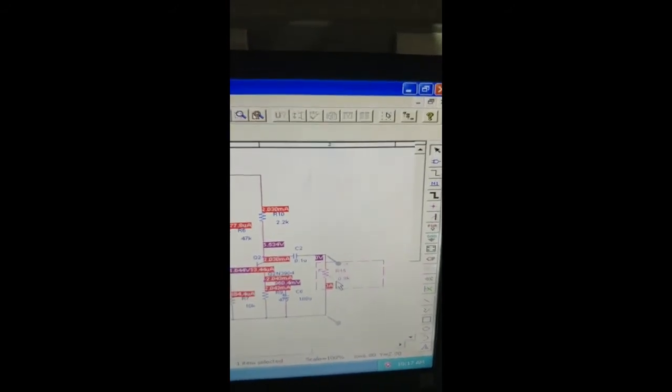So you see here that the value is changed to 0.8K. Okay, so save and run. So you see that the output voltage is 350 millivolts.